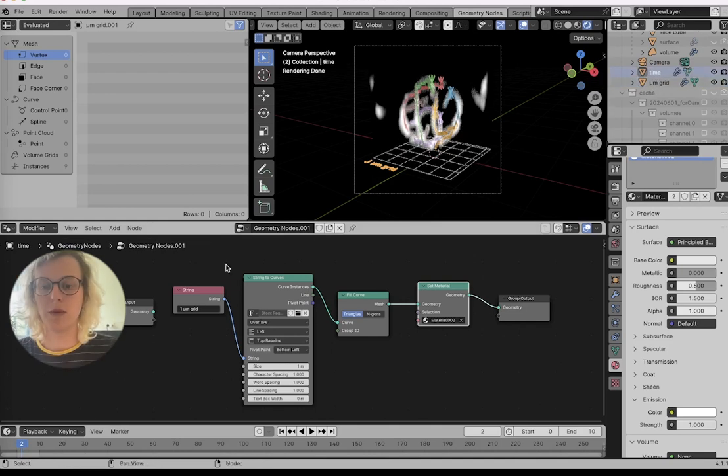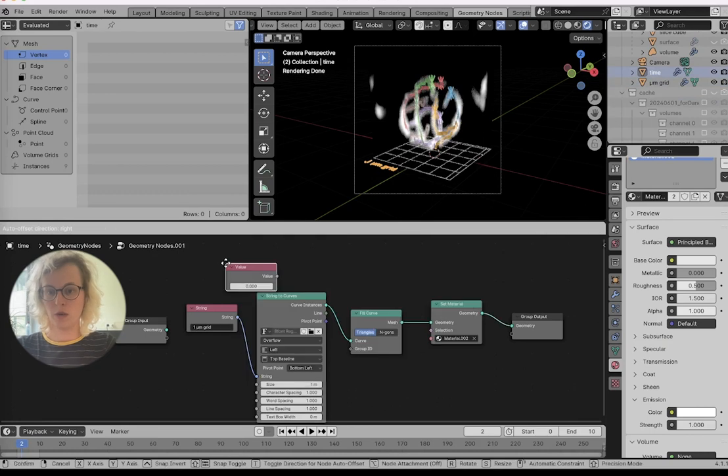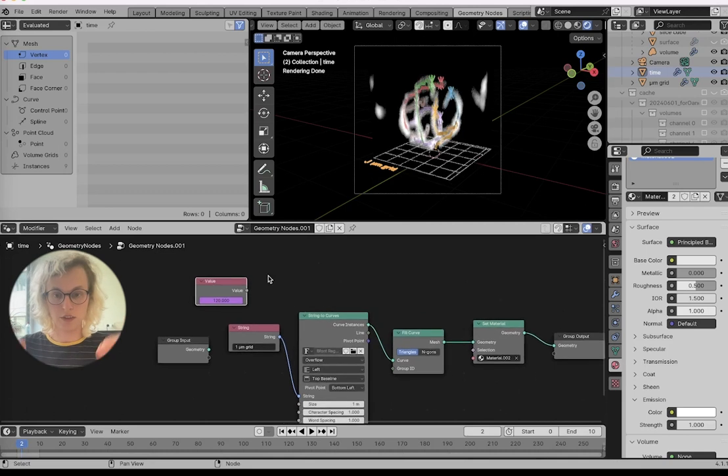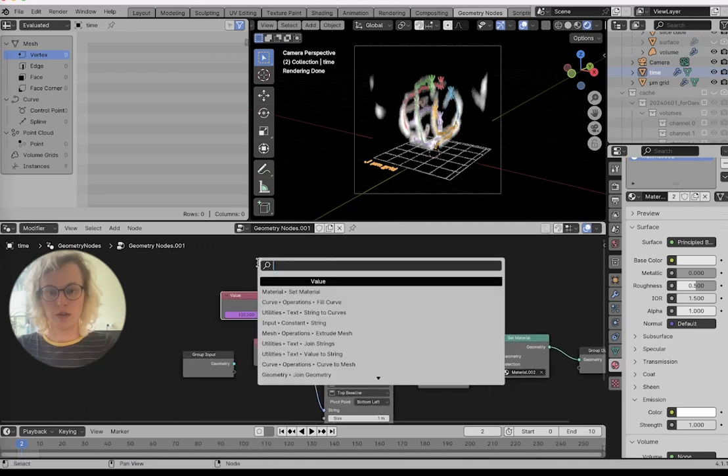For time, we actually want to have a value, which we're going to do frame. So if we do hashtag frame, we get the number of the current frame, and we can do times 60, and then we just get our value in seconds, our number of seconds that have passed, and we can do value to string,